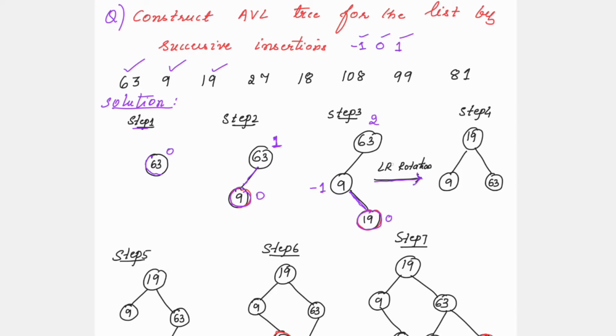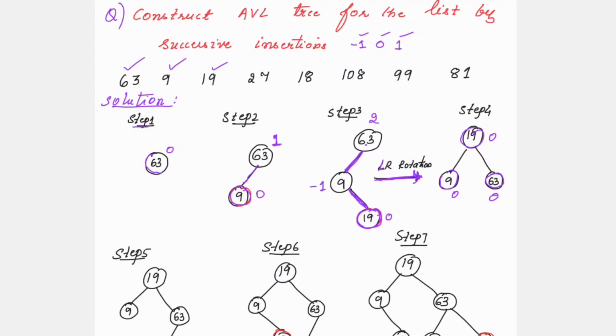Which type of rotation will you select now? This tree is imbalanced because of a left right imbalance. The moment you inserted node 19, it became imbalanced, and the imbalance is left and right. So you need to solve it by applying the left right rotation. Left right rotation is a two-step rotation. Once you carry out this, 19 will come over here, with 9 and 63. Just check the balance factor for all these nodes now. It is 0, 0 and 0, no problem. So you have completed up till node number 19.